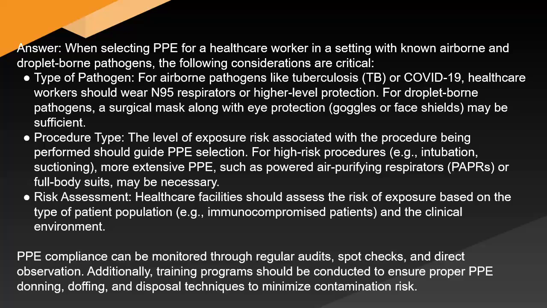For airborne pathogens like tuberculosis (TB) or COVID-19, healthcare workers should wear N95 respirators or higher level protection. For droplet-borne pathogens, a surgical mask along with eye protection, goggles, or face shields may be sufficient. Procedure type. The level of exposure risk associated with the procedure being performed should guide PPE selection. For high-risk procedures, e.g. intubation, suctioning, more extensive PPE, such as powered air purifying respirators (PAPRs) or full-body suits may